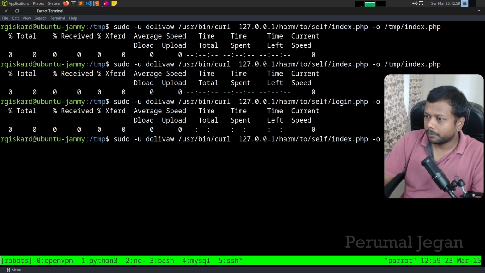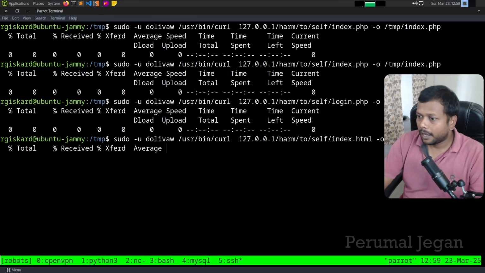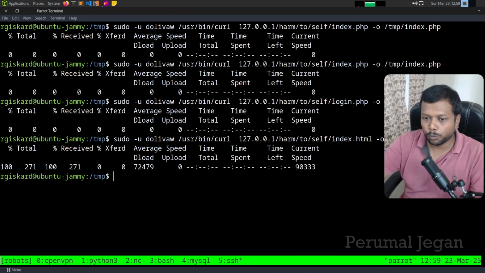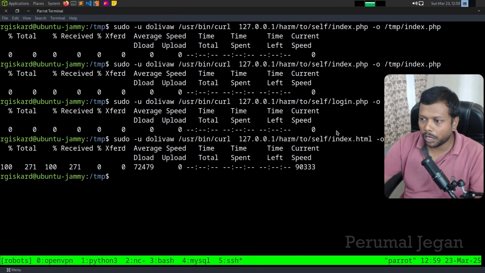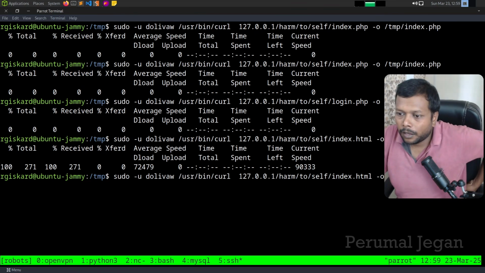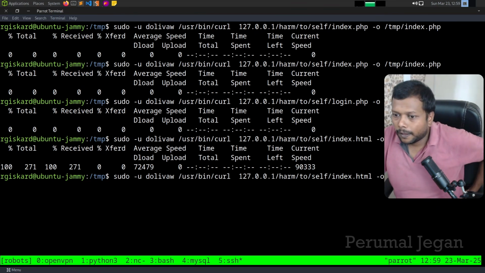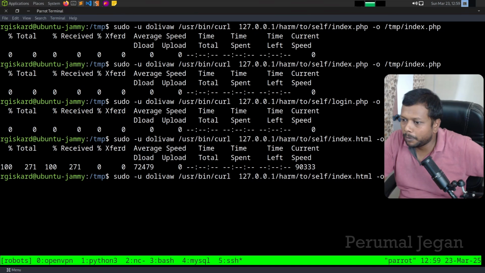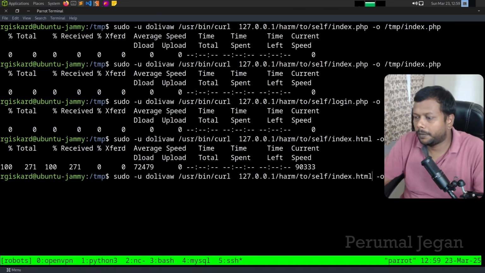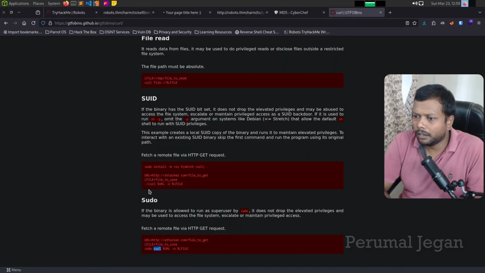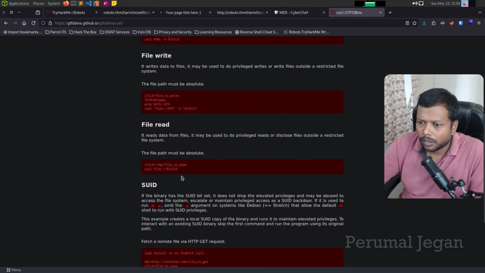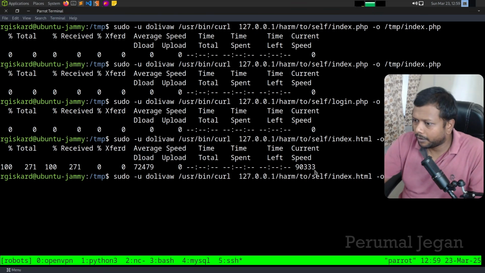index.html is fair enough. I just need to check whether I'm able to write a file to the file system by executing this. When I'm executing this curl command as dolivav, I'm able to write some files to the temp directory. So with this, I can look for another thing. Can I write a file with this, or can I read? Okay, let me read, otherwise